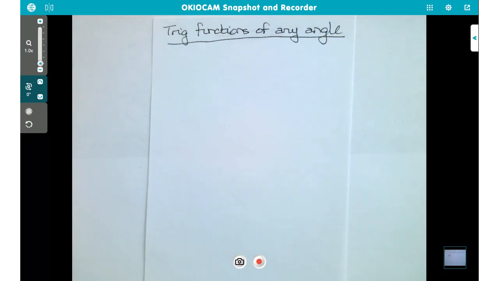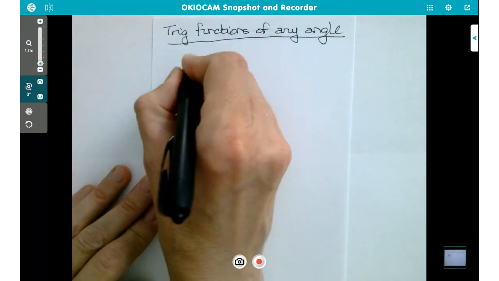So I know what you're thinking, but what if it's not an acute angle? What if I can't draw a triangle? We can always draw a triangle. So if I'm looking for trig function values of an angle, of any angle, and not necessarily an acute angle